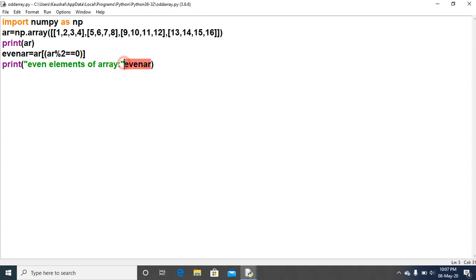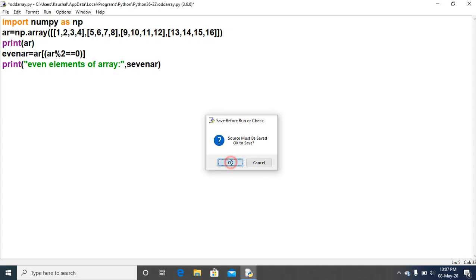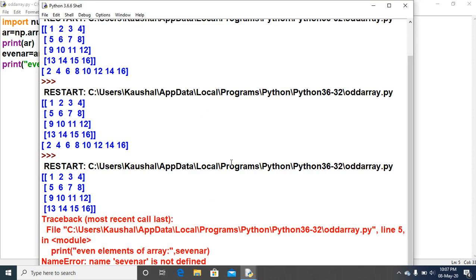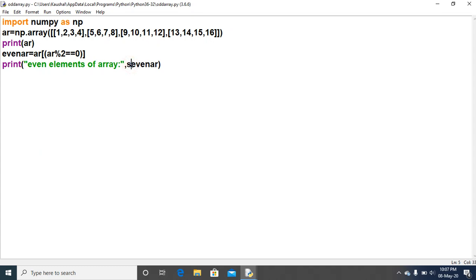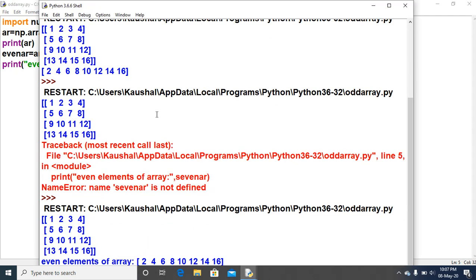Because I have missed the separator. Just place one comma here, then it will be alright. Ctrl S, F5. Yes, again the error is coming. Okay, here by mistake an S has come. So in this way you will be doing things in your system.